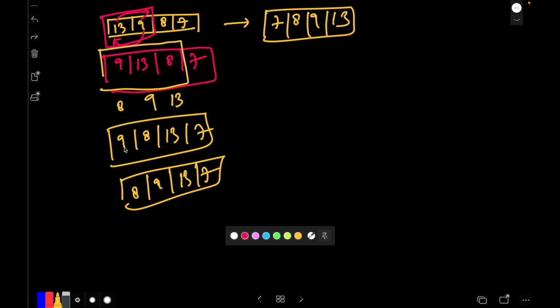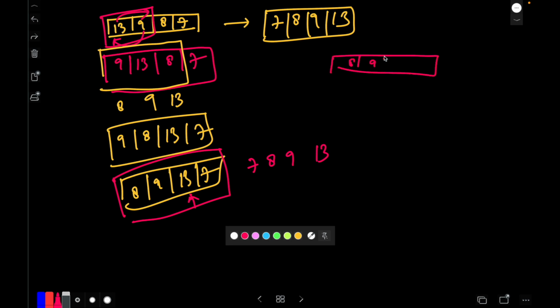Now we will increase the size of the subarray again. So it would be here. So if it would be like this, how it should be sorted, it should look something like 7, 8, 9, 13, right? So again we'll do the comparison. Is I minus 1 greater than I? Yes, it is. So now how it will look? 8, 9, 7, 13. Then